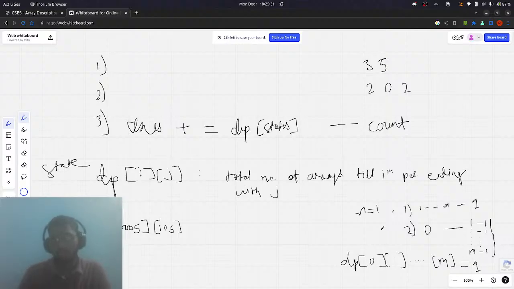Okay, so our base case is set. What is the base case? We have only one element, so dp of 1,